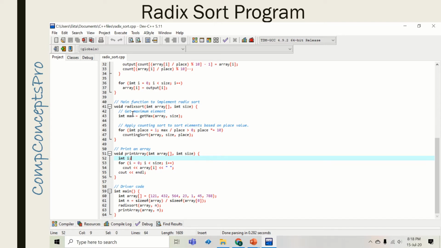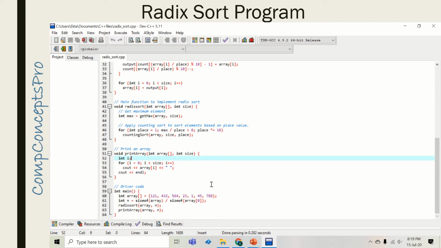Inside this function radix sort, first of all we have to find out the maximum value which is stored in the array. Why is it required? By finding out the maximum value, we will come to know how many times we have to call the counting sort subroutine according to the number of digits this maximum value has. So I had told you in the beginning of the lecture itself that the main logic of the counting sort algorithm is used to sort the array.